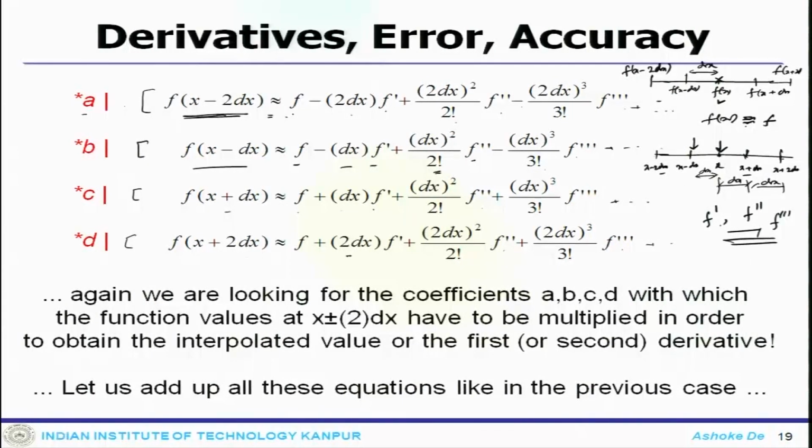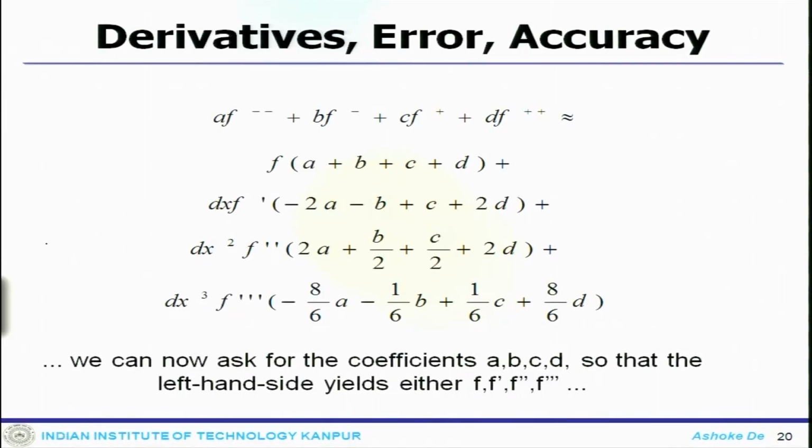So you can find out, but let us see what happens to the first derivative or the second derivative. And as we have done earlier, you add up these things together. All these equations are multiplied with a, the second one with b, the third one with c and d, and after multiplication you add them together. So what does it give you back? It is a very nice expression.